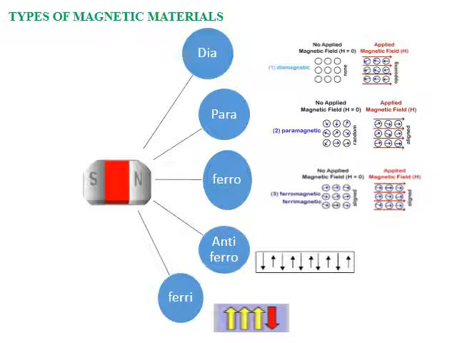And when the external magnetic field is applied to this material, the dipoles will align in the opposite direction to the applied magnetic field. In this way, they will not allow the material to get magnetized, and at the same time they will not allow any magnetic field lines to penetrate through it, and they will not accept any magnetic energy. So here the susceptibility value of this diamagnetic material becomes negative.